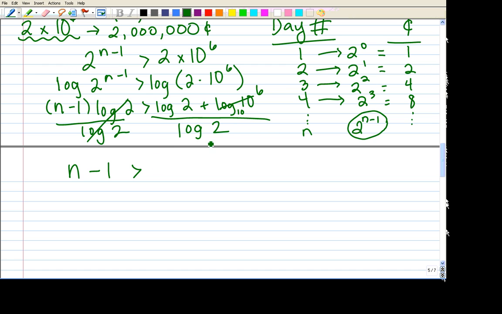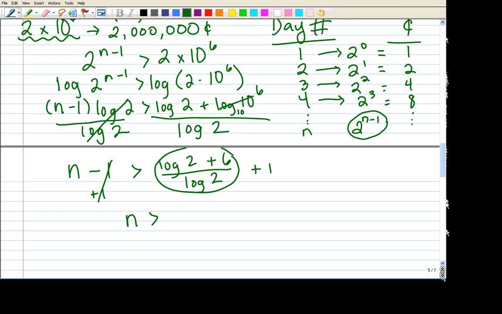So the whole thing I need to figure out is log of 2 plus 6, divided by log of 2. Then you could plug that into the calculator, and you'll get 20.93. And then when we add 1 to both sides,